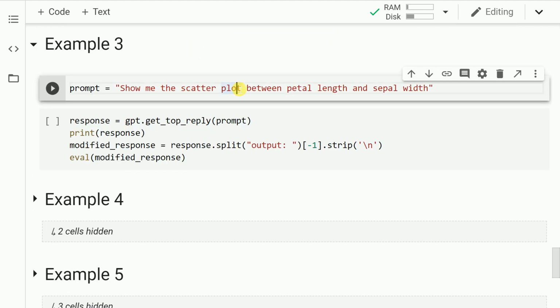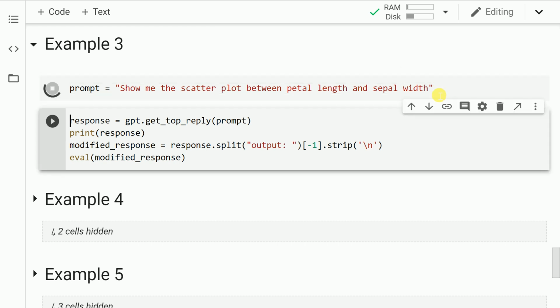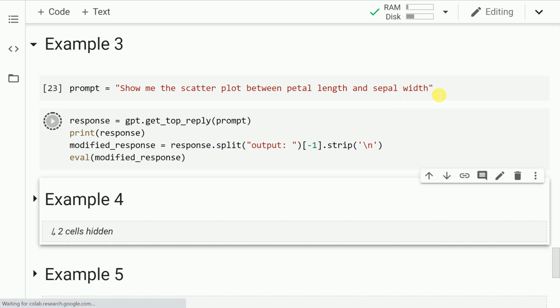Let me now show you the capabilities of GPT-3 with respect to visualizations. So the question that I'm asking in natural language is: show me the scatter plot between petal length and sepal width. So let me run this and fetch the response by passing in this input value.